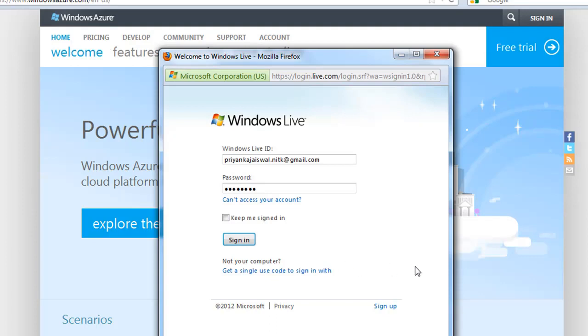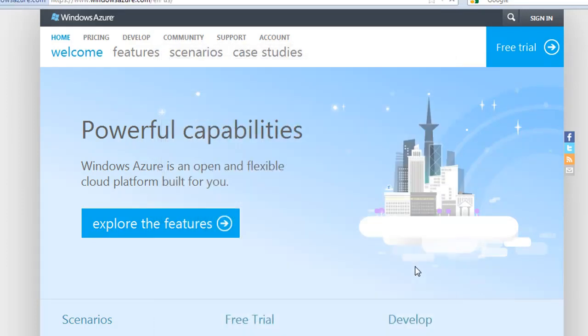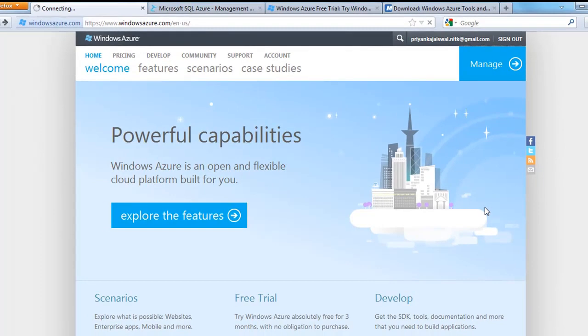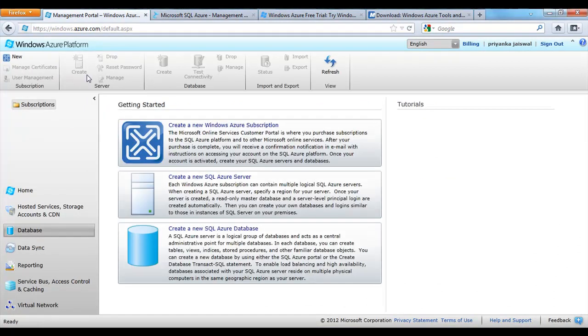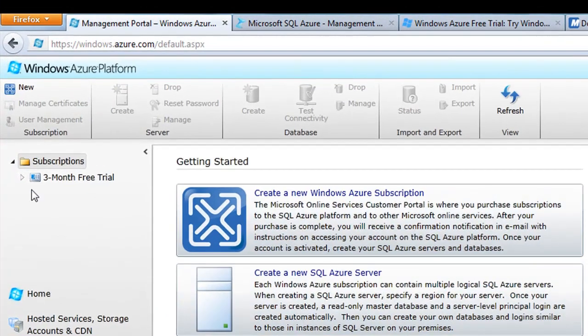We already have the Trends in Investment web service, which we are going to host on Windows Azure. So go to manage. This web service uses a SQL Server database, so we need to create a SQL Azure database. Now we create a new database server. So go to new. Okay. So here you can see we have already created a server, and